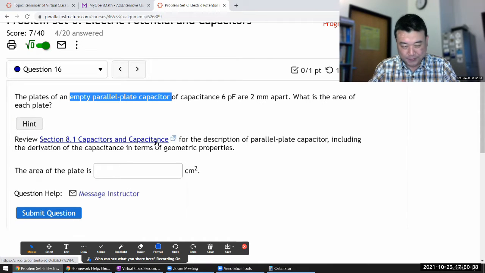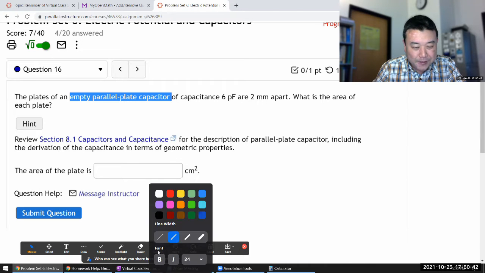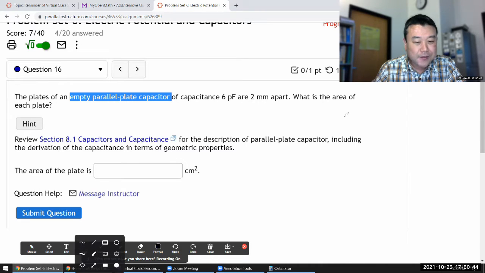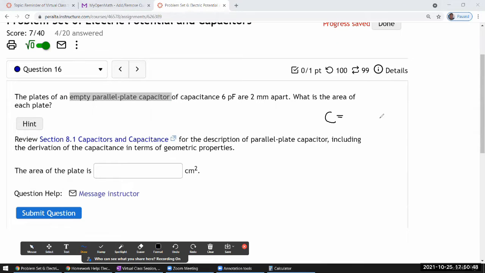Let me first write down on the side to see if I remember this. I have a couple different versions memorized. The version I have memorized forever is that the capacitance of the parallel plate capacitor is the area times permittivity of free space over D. I think that's right. Or in terms of Coulomb constant, which I encourage you to try using, this is 1